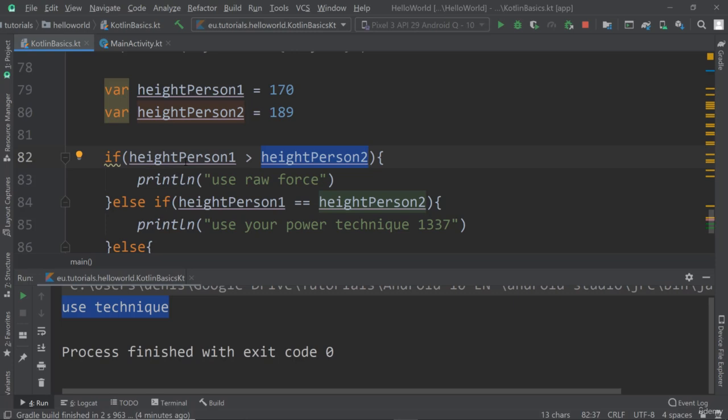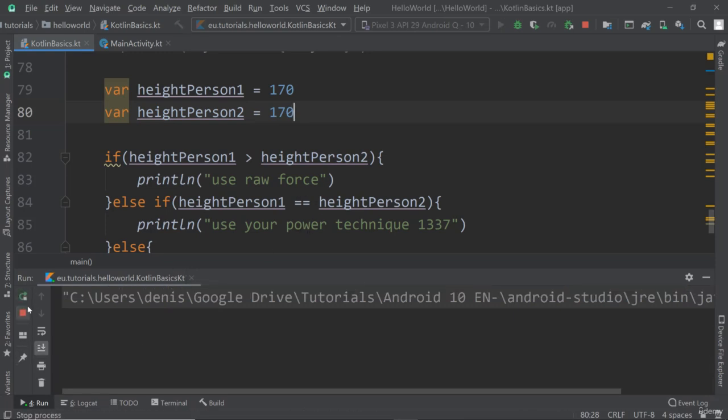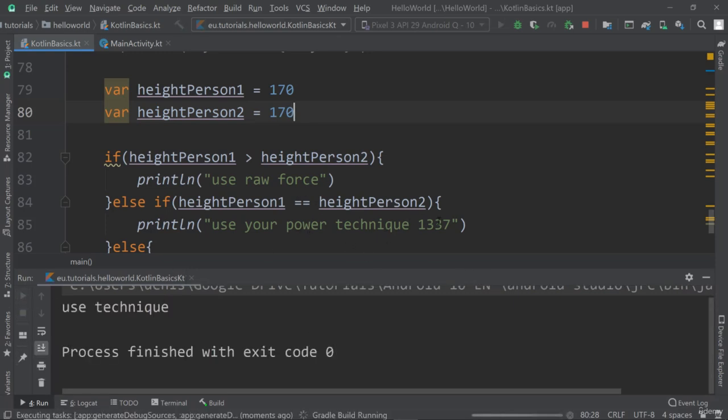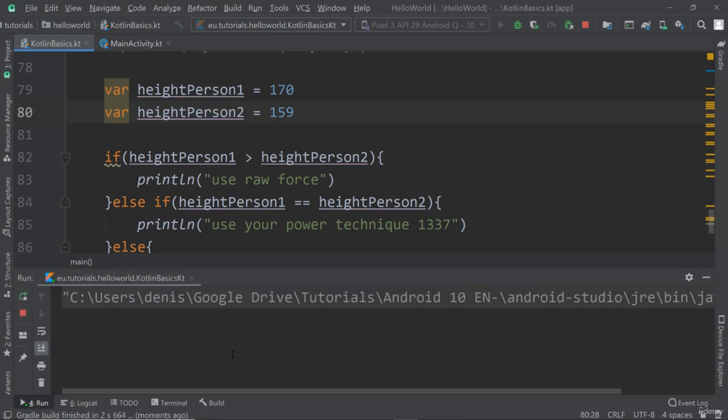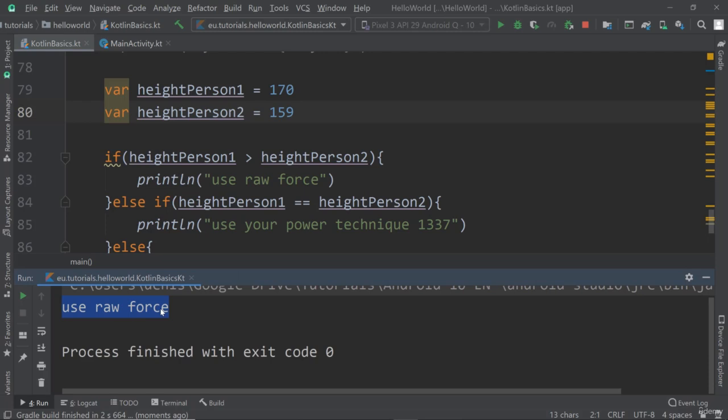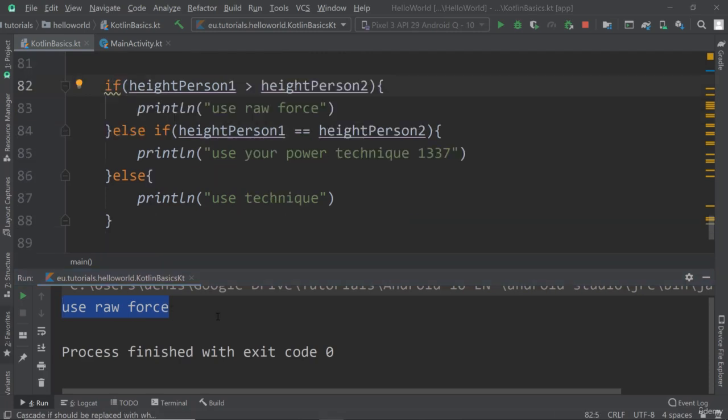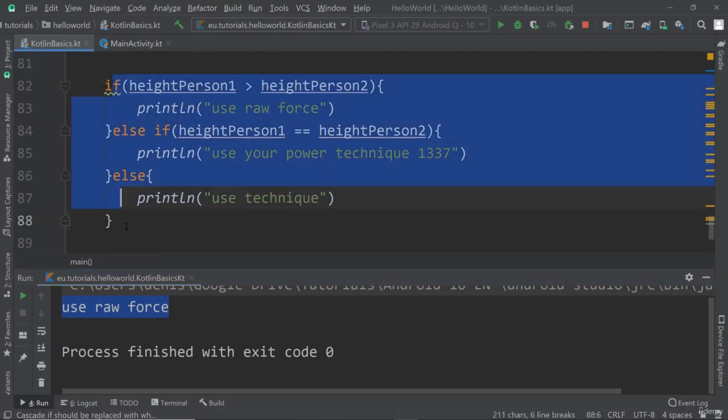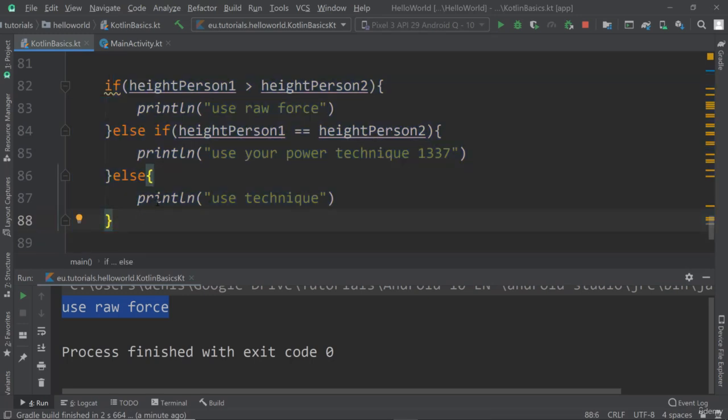Okay, so what we have here, if we execute this, let's say when person 1 and person 2 are both 170, then it should display use your power technique 1337. So there we are, it says use your power technique 1337. So let's say person 2 is smaller than person 1, then it should say use raw force. So there we are, use your raw force. All right, and what you see here, so this whole if, else if stuff is a control flow,